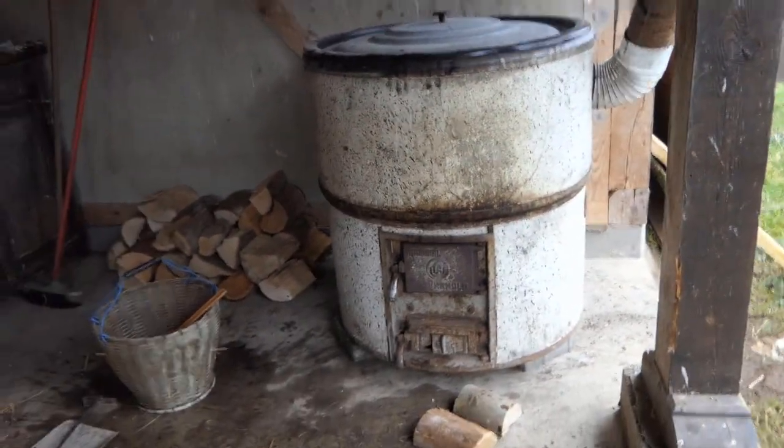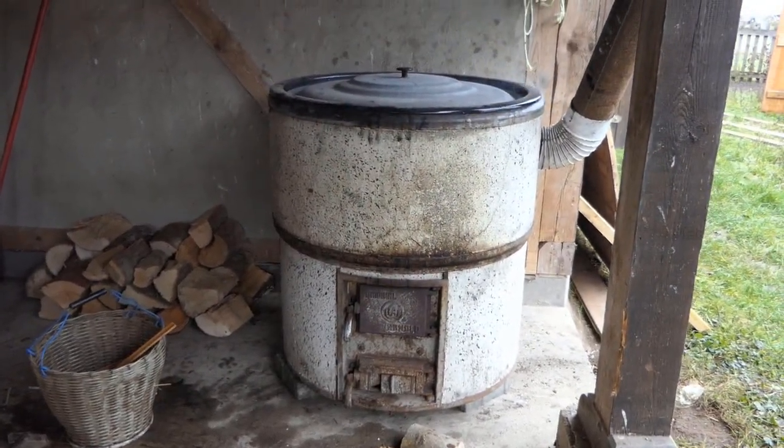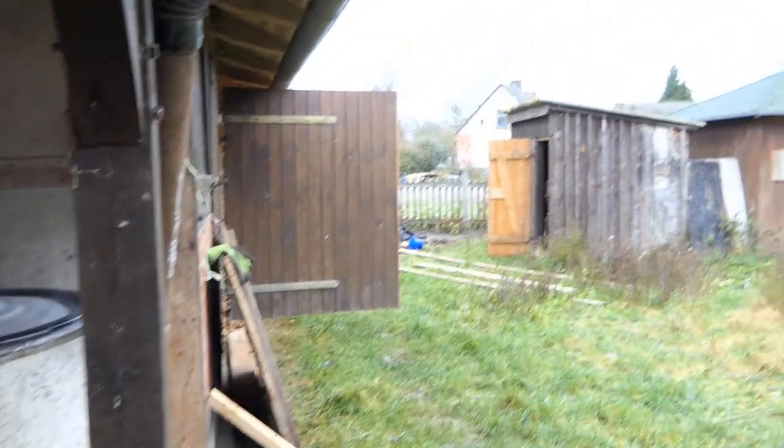Yeah, that's it. I just wanted to show you my beautiful kettle, which is